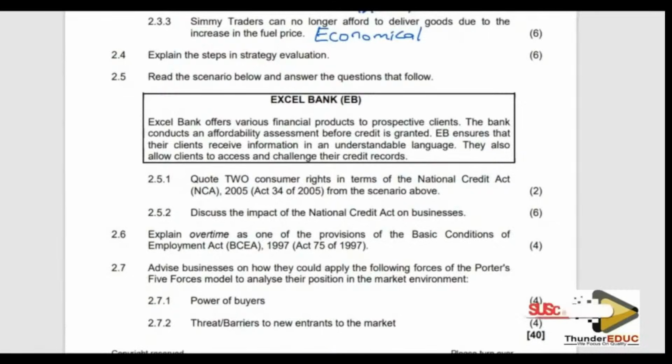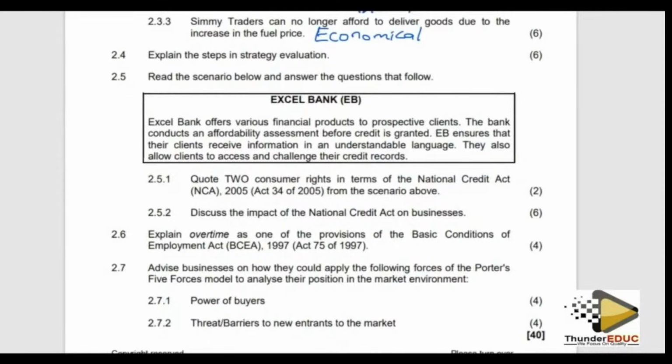So now the bank conducts an affordability assessment before credit is granted, which is good. And the bank ensures that their clients receive information in an understandable language, which is good. They also allow their clients to access and challenge the credit records. Wow, I love this business. So now the first question goes, which is